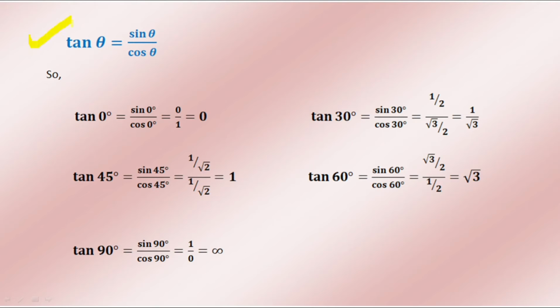Now, how to find the values of tan theta? Here we know a relation: tan theta equal to sin theta by cos theta. Hence, whatever the value of theta is, we can find out tan 0 degree value, tan 30 degree value, and so on using this formula. So, tan 0 degree equal to sin 0 degree by cos 0 degree. Sin 0 degree value we know, cos 0 degree value also we know. If we put them and divide, we will get the value of tan 0 degree. Similarly, tan 30 degree also we can find in same way, and tan 45, tan 60, tan 90, all values we can find out in this method.